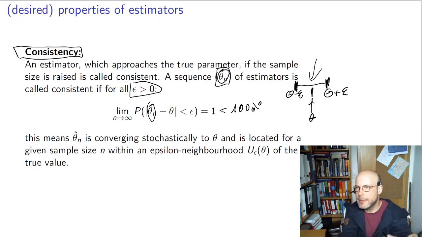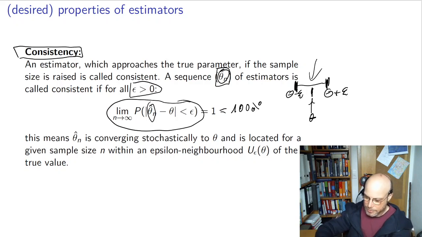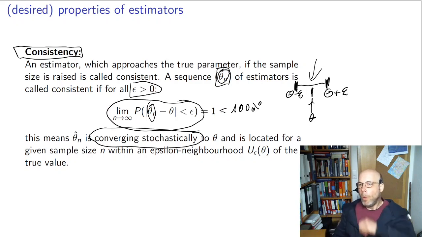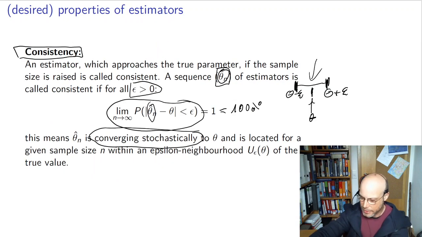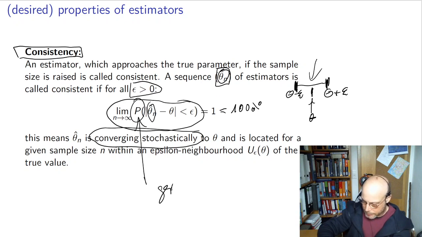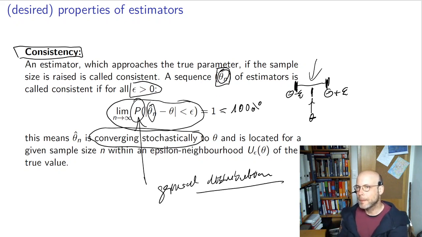And this is mathematically a slight difference to asymptotically unbiased, because here I have a stochastic limit. So if my parameter converges stochastically to the true value, then I call it consistent. And because here I have, of course, this general distribution, it is quite often quite abstract to really get an answer: is my estimator consistent or not? Because it is often quite hard to really calculate this limit